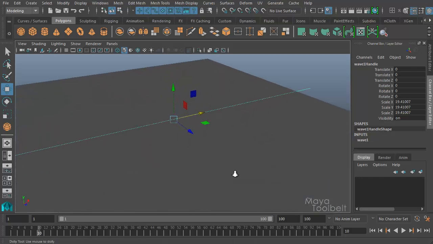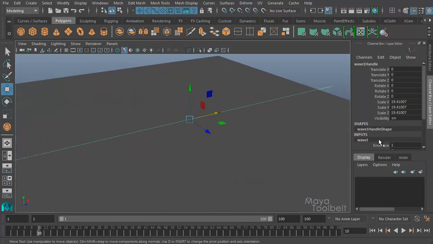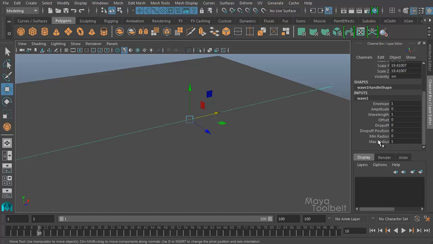So at frame 10, let's go into our inputs for the wave. I'm going to decrease the max radius down to be pretty small because we're starting small, where the water hits, when the water drop hits the water. So I'll right click and key selected for my max radius,